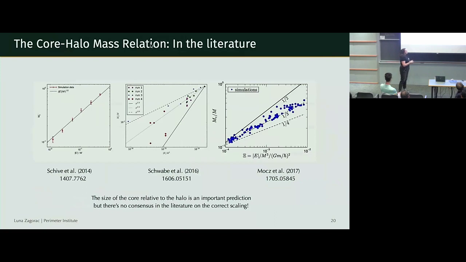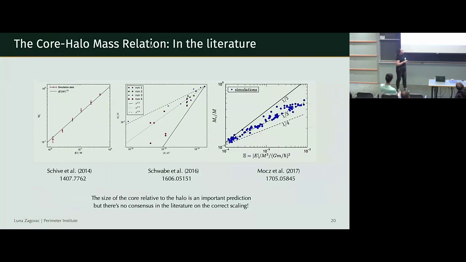And then what we have on the x-axis here is some parameter psi, which is the absolute value of the energy of the halo divided by mass cubed, and then some numbers that make it unitless. And so this is the parameter that existed in the literature, so this is the parameter that I'll be showing you against as well here.